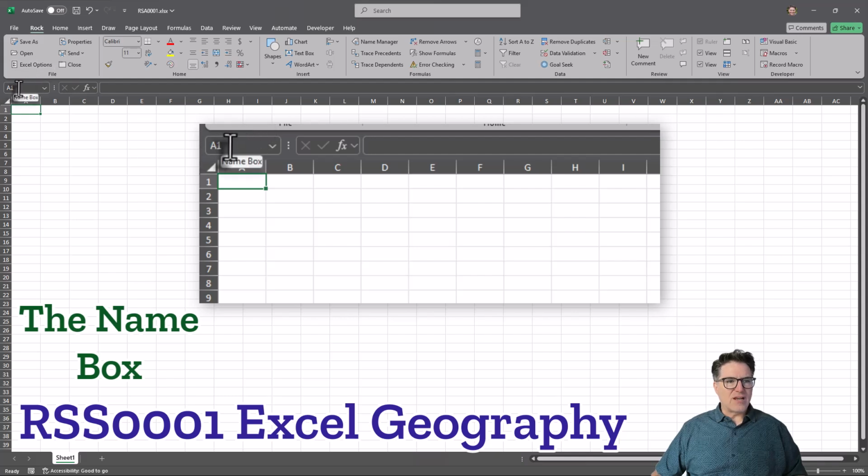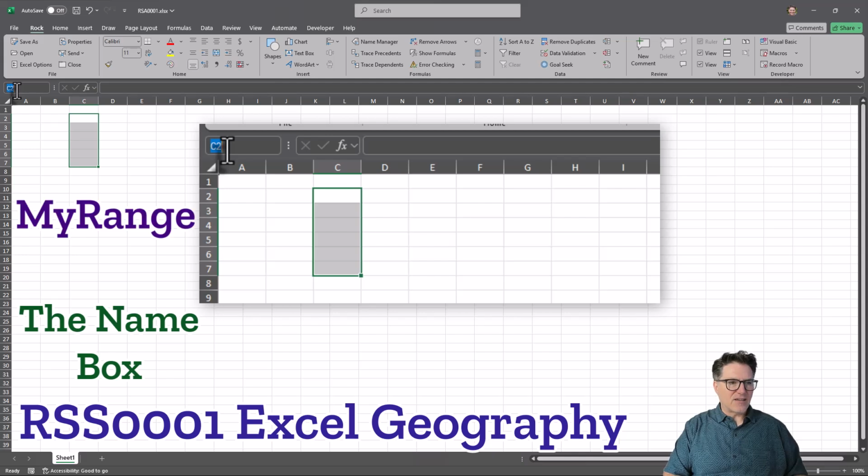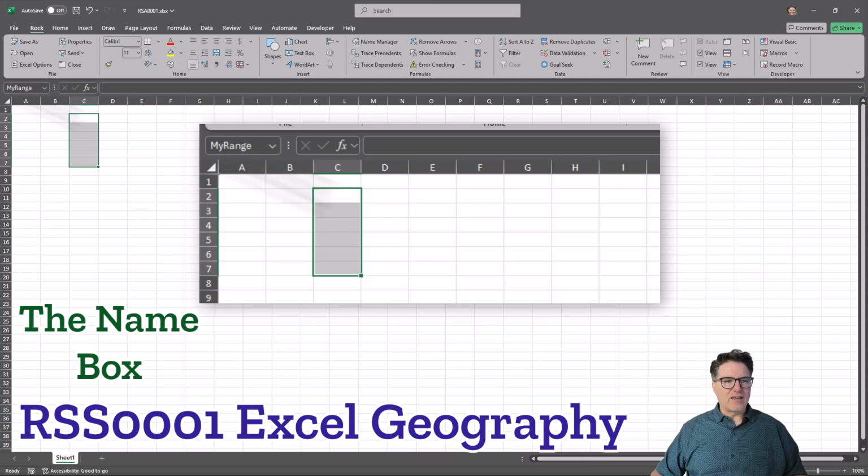This is what's called the name box. And the name box is very handy for giving a particular range a name. If I want to name this range, my range, I can click in the name box and then type my range. Then when I hit enter,